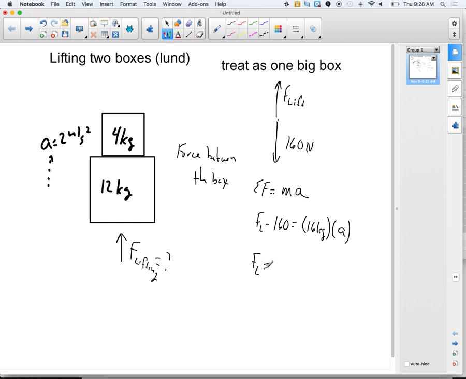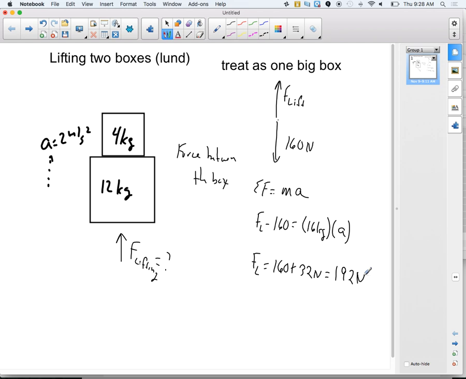And in this case, F lift would equal 160 plus 16 times a, which, if I'm not mistaken, is, so what's 16 times 2? 32, perfect, is 32 newtons. So the net force is 192 newtons. Does that make sense? So 192 newtons is sufficient to lift these two boxes combined with an acceleration of 2